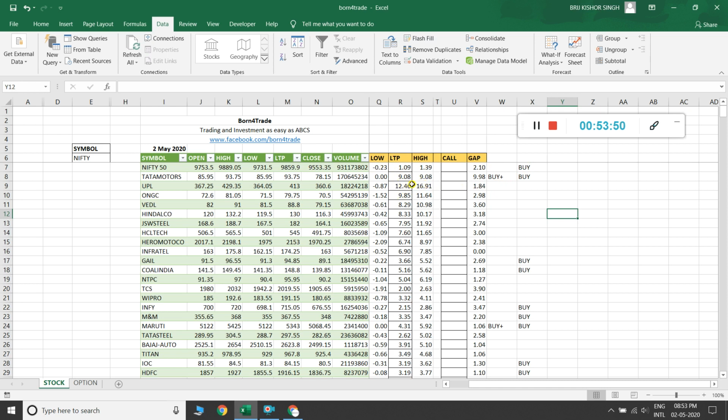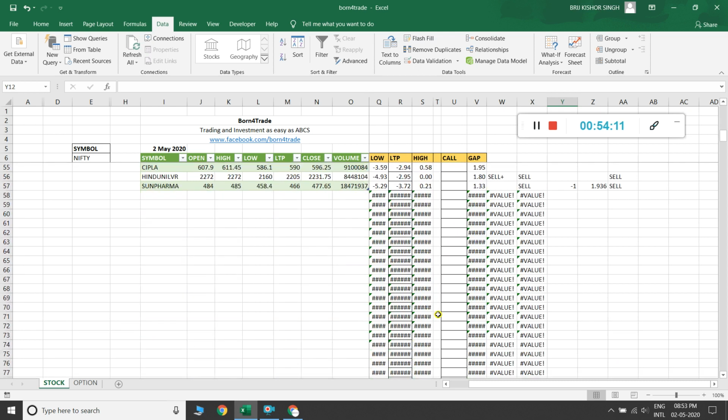This is the stock that made a 16.91% high and currently still maintains a 12.4% high. Then I make a sense for this type of stock like B.